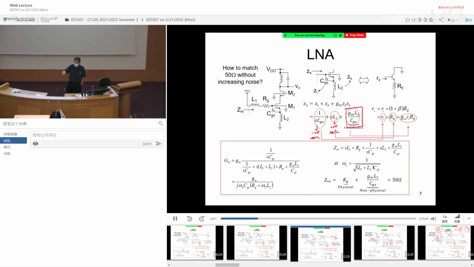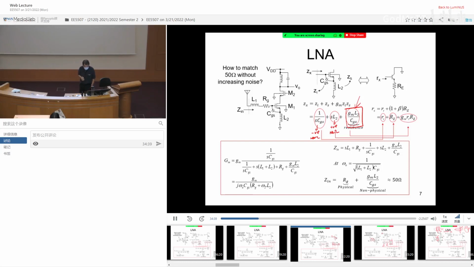But it's created from what kind of component? Inductor, noiseless. Right? Capacitance, noiseless. So they are creating a real part from a noiseless component, not from a noisy component like a resistor. So therefore this structure is a very famous low noise amplifier structure. We call it inductive degeneration low noise amplifier. So the key idea is using some noiseless component to create a real part, to match